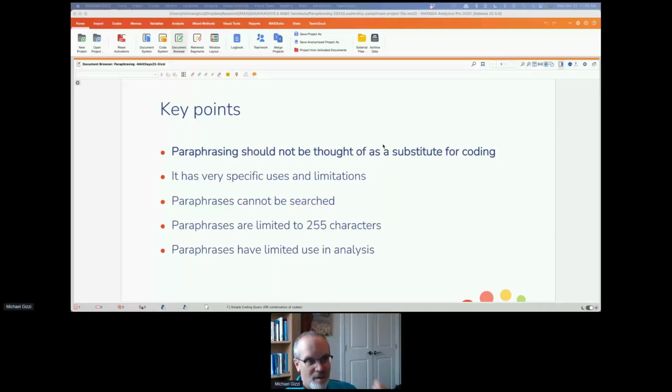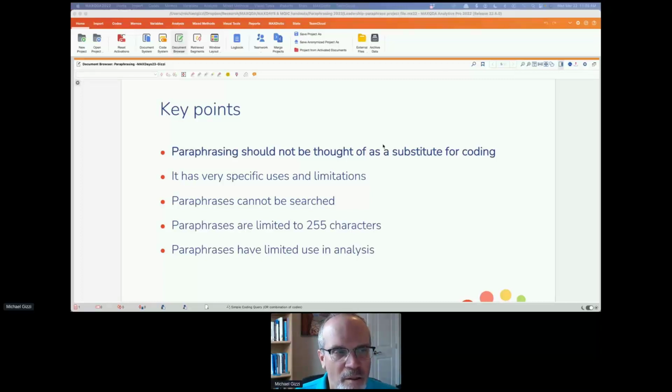It is true that paraphrases are limited to 255 characters. And paraphrases do have limited use in the analysis stage of a project. They're not easily accessible in the same ways that an annotated code comment is.